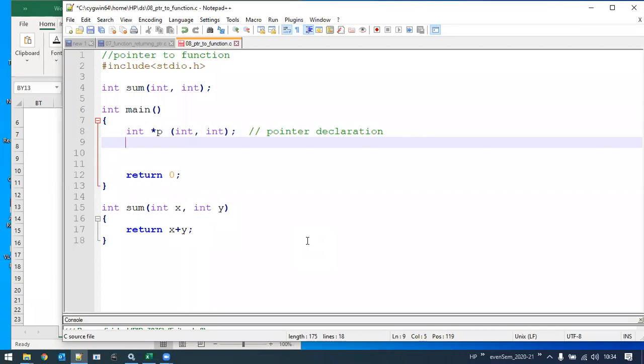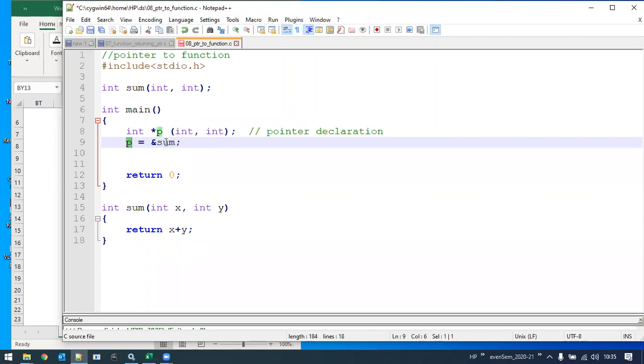Okay, now since I declared a pointer, I need the address of that particular function. The address of the function can be retrieved in this way: p is equal to ampersand of sum. Here we don't write any parenthesis. We just write the name of the function. That's it, p equal to ampersand sum. Sum is the name of the user defined function, so the address of that sum is going to be stored in the pointer p.